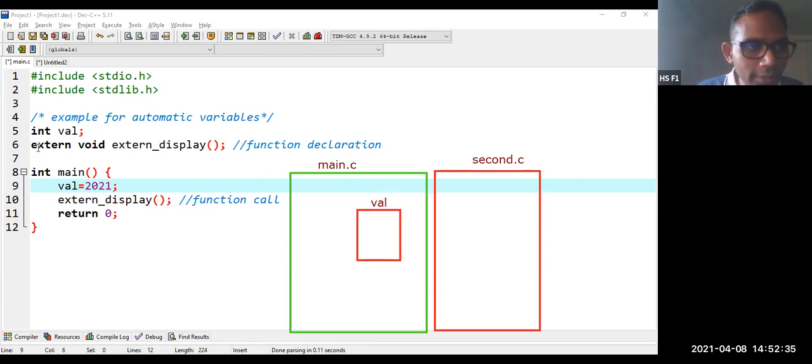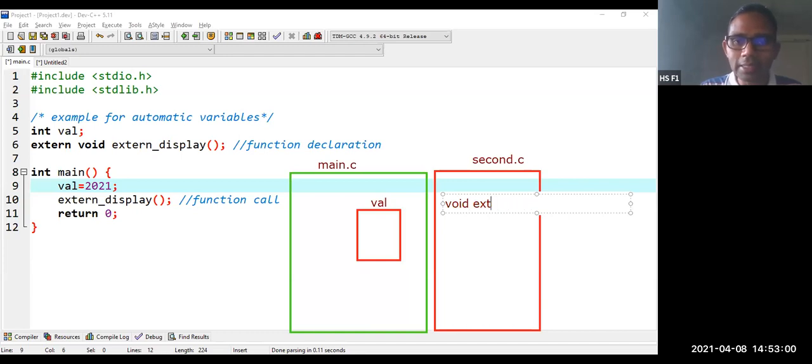So here we are making a function call to extern void extern display, which is available in another program which is under execution at the same time.